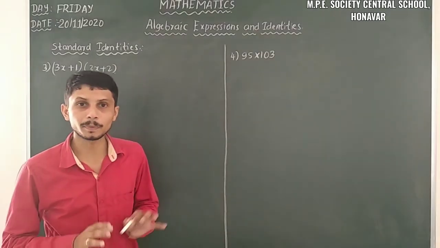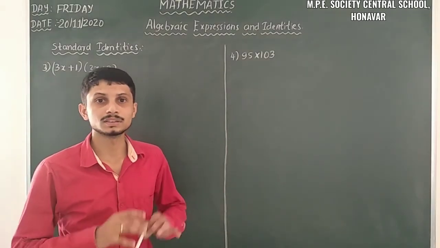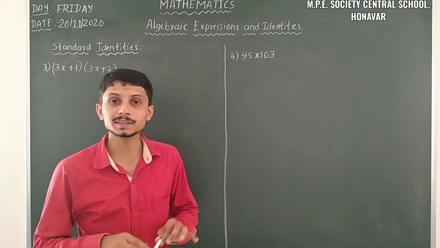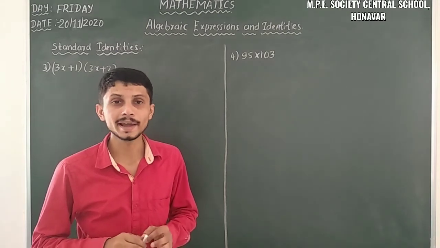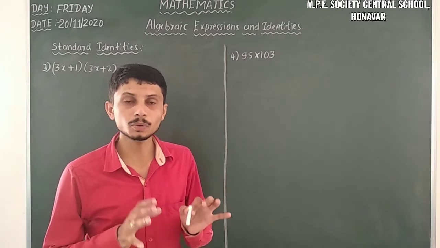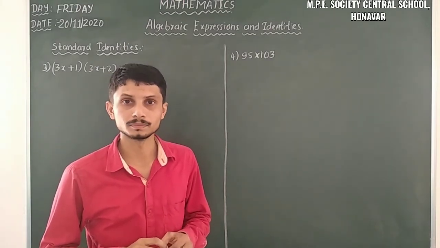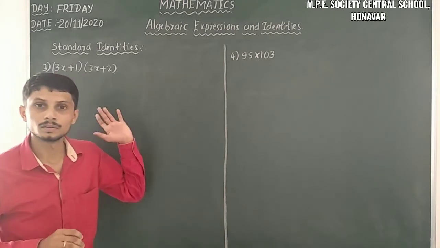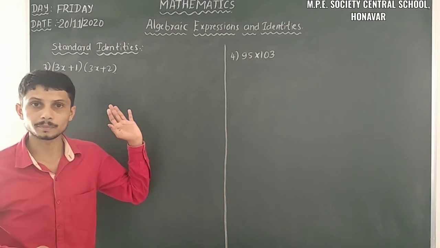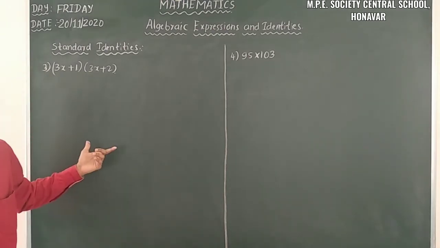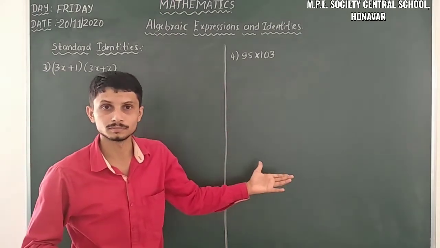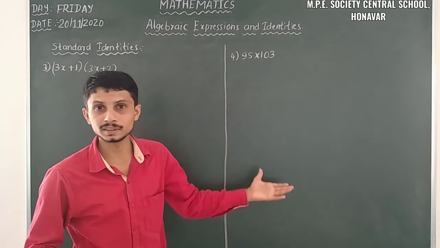So let us take the last part of this chapter. Here we are using the useful identity, that is (x + a)(x + b) is equal to x square plus x into (a + b) plus ab. So that one we have to solve here. Yes, so let us take the formula and let us take these two examples. Here it is the first case, the algebraic situation, and here it is the numerical situation. So let us take both the things here.